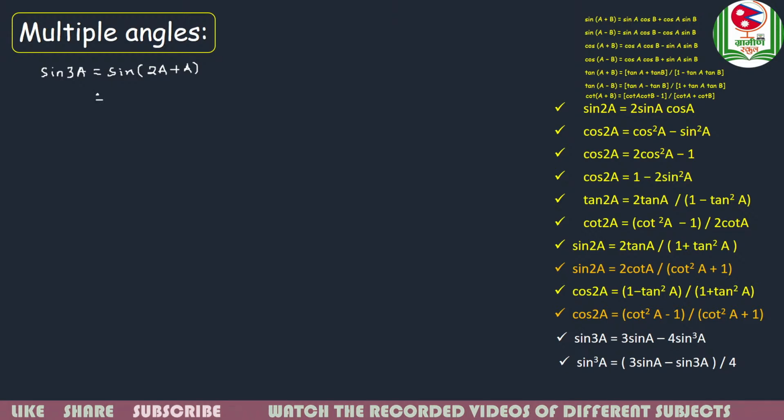Now we will apply the same thing, that is sin(A + B) equals sin A cos B plus cos A sin B. Here A is 2A and B is A. So we will replace this sin 2A by 2 sin A cos A. So it is going to be 2 sin A cos A into cos A, plus this cos 2A can be written as how much? Cos square A minus sin square A